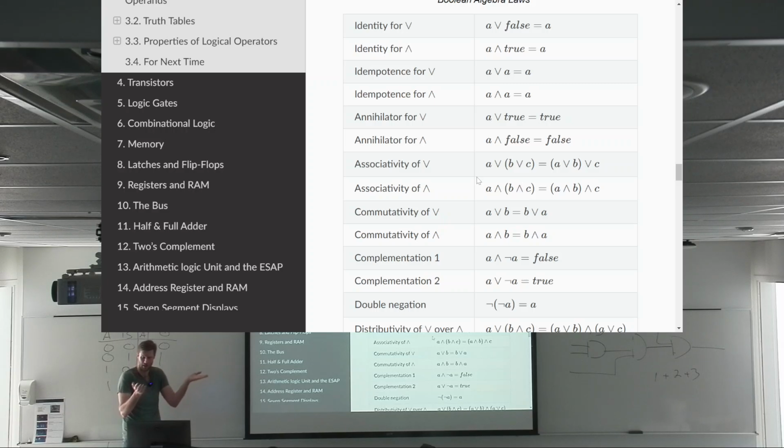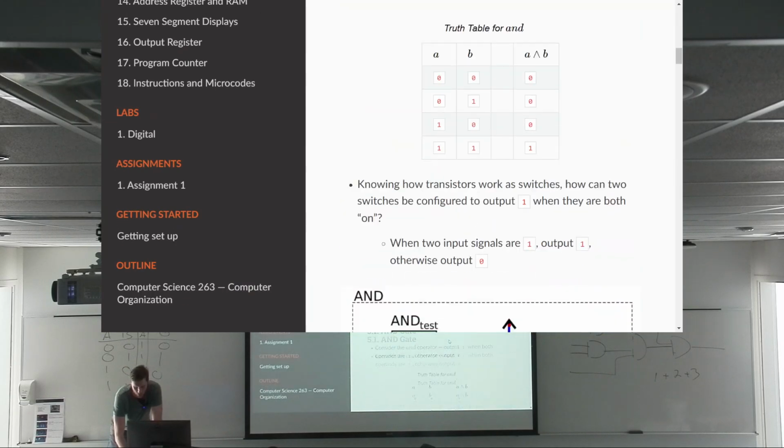This is what we're starting with: the ANDs, ORs, NOTs, and true or false. With these 5 things, the 2 values and the 3 operators, we can observe that associativity holds. Well, we know that. And because we know that, we can jump to